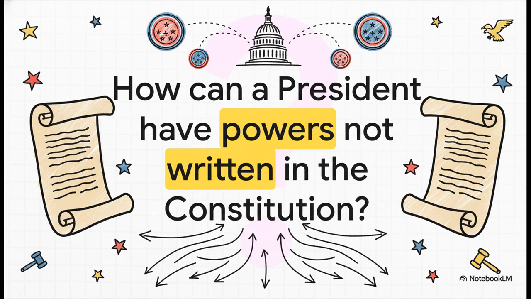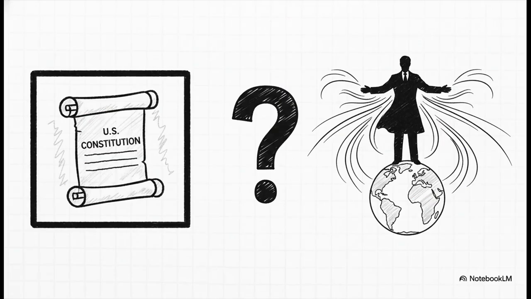It really is a fascinating puzzle, isn't it? I mean, the whole point of the United States was to have a limited government with its powers spelled out. So if they're not written down, where on earth do these authorities come from? To find the answer, we have to look beyond the text itself and into what it actually means to be a country. So you've got this tension. On one side, there's the Constitution, which is all about strictly limiting what the government can do. And on the other side, you've got the president on the world stage, acting with this massive authority that seems to come from somewhere else entirely. That's the conflict we're going to sort out.